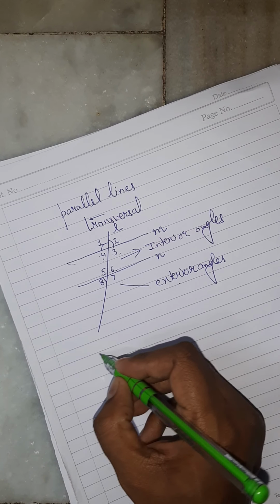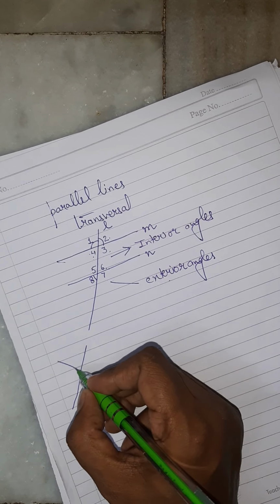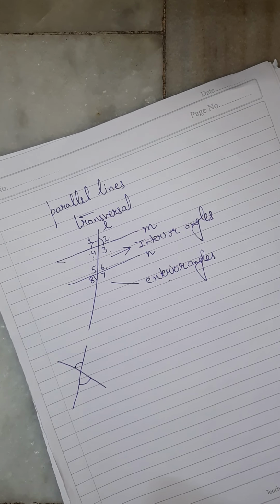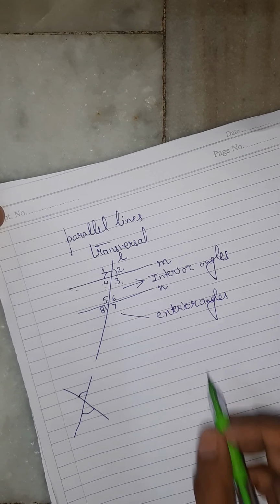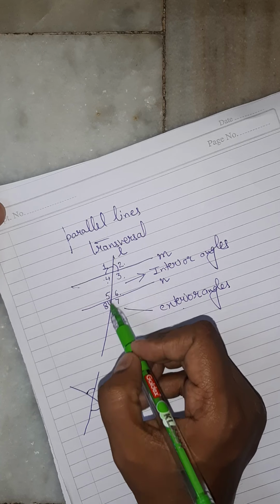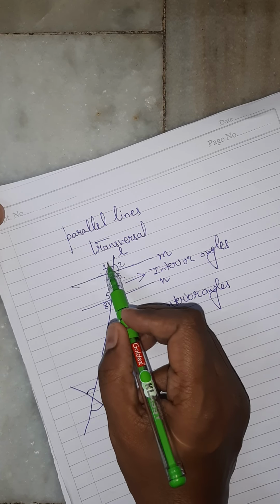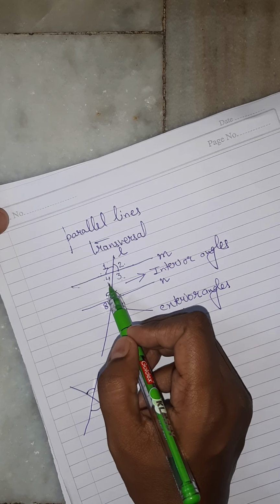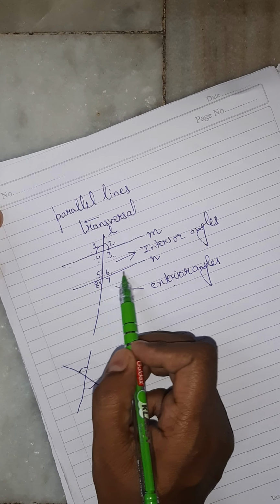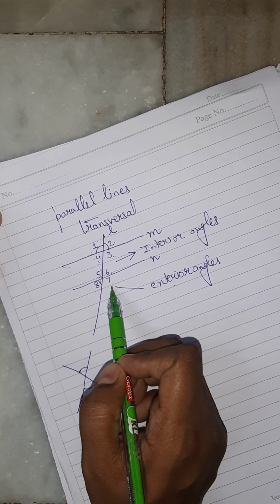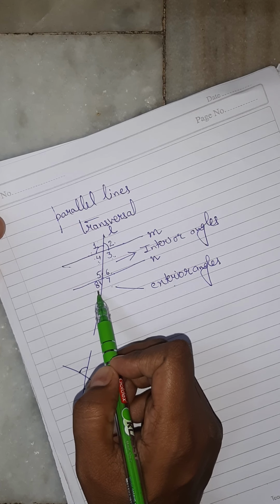Now vertically opposite angles we have already studied. When two lines intersect, then these are known as vertically opposite angles. So now, can you tell me what are the vertically opposite angles in this figure? Yes, of course, we can see these two are the intersecting lines, right? So angles 1 and 3 are vertically opposite, correct? Angles 2 and 4 are also vertically opposite. From here, these two lines are intersecting at this point. So 5 and 7 are vertically opposite. 6 and 8 also form vertically opposite angles.